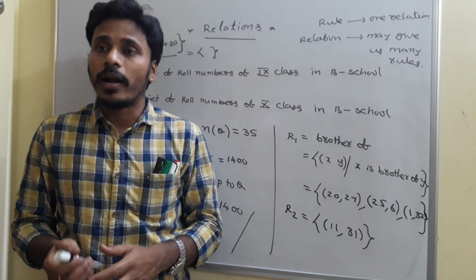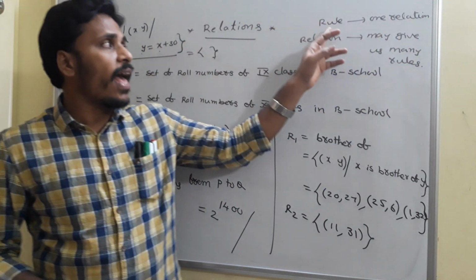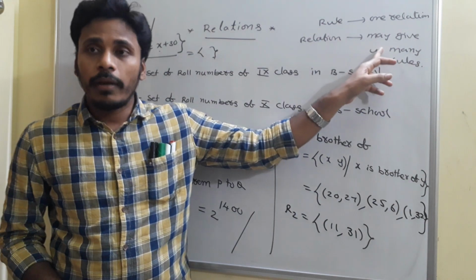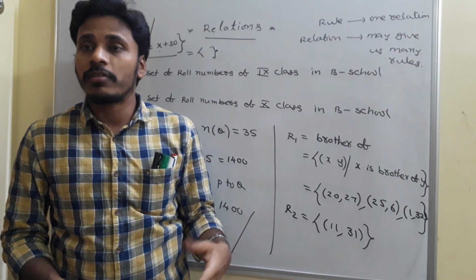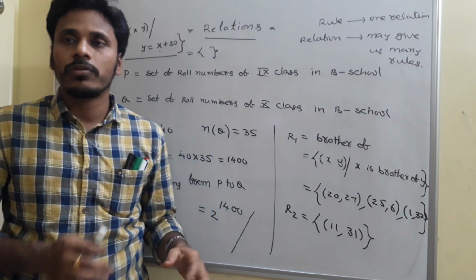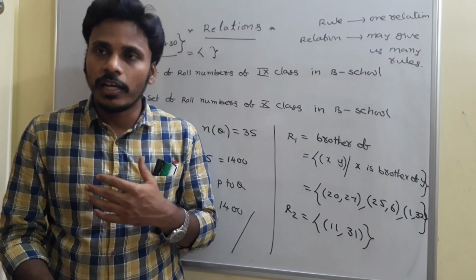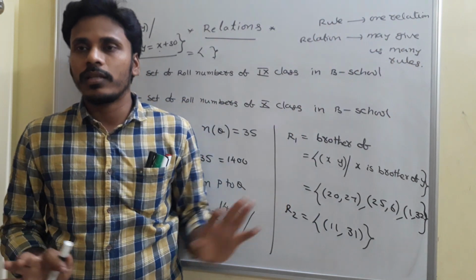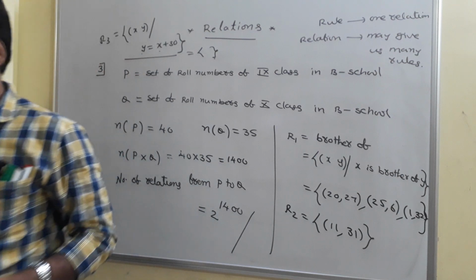So that's why what I am concluding is, from a rule I will get one relation. If I have a relation, sometimes I will give you many rules, and sometimes I am not able to give you the rules. But at the end, in solving problems, the problems will always give us the rules, and they ask us to frame relations. So our work is somewhat simple. Nothing more than that. Just have a look.